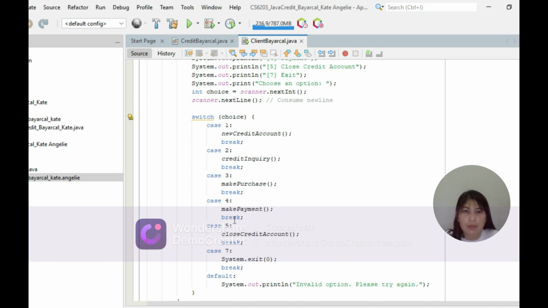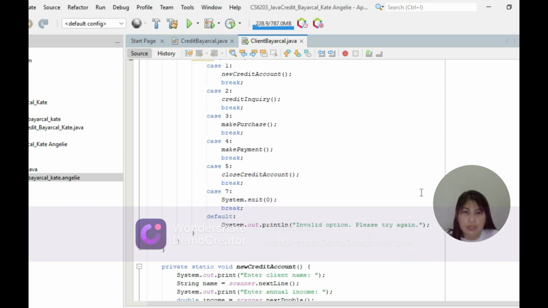Case 4, makePayment(), and then break again. Case 5, closeCreditAccount(), and then semicolon. And then until you reach case 7, System.exit(0), and then semicolon, break. So the default of it is the System.out.println,